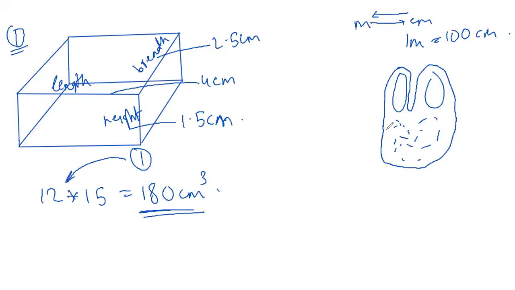Because say for example, if we add more matchboxes, the packet will tear. A tip to all the viewers: please bear in mind that volume sometimes is also known as capacity. Say for example, in a water tank problem, it will always mention capacity. What is the capacity of the water tank? So capacity basically means volume, or volume basically means capacity. So we'll move on to our next question.